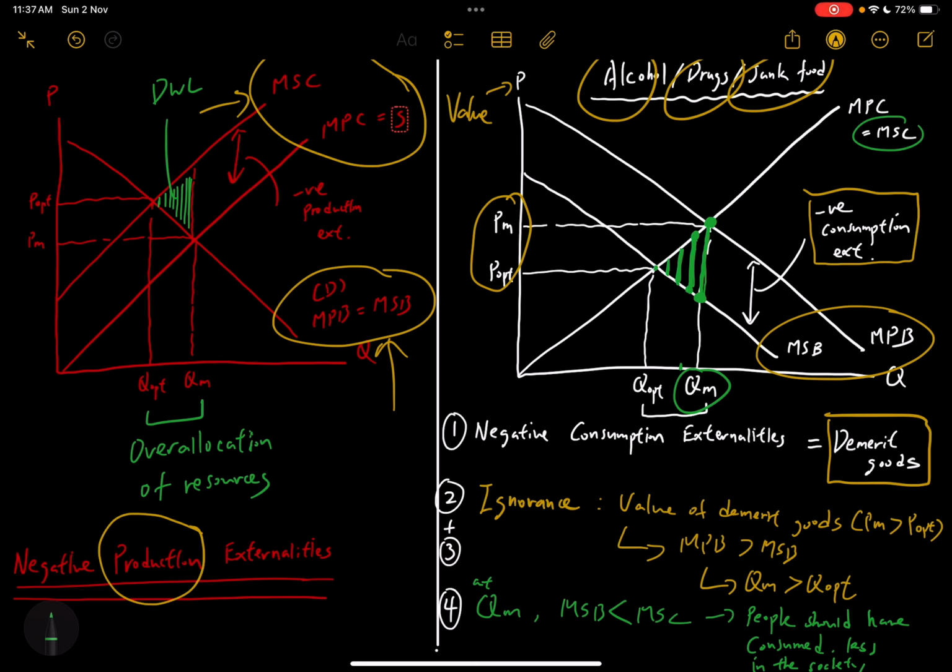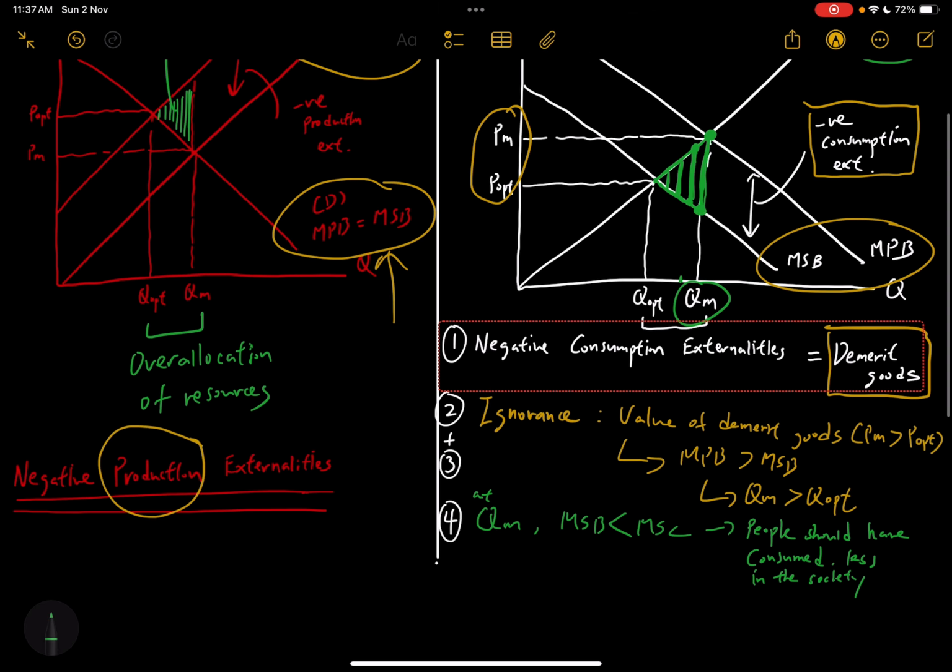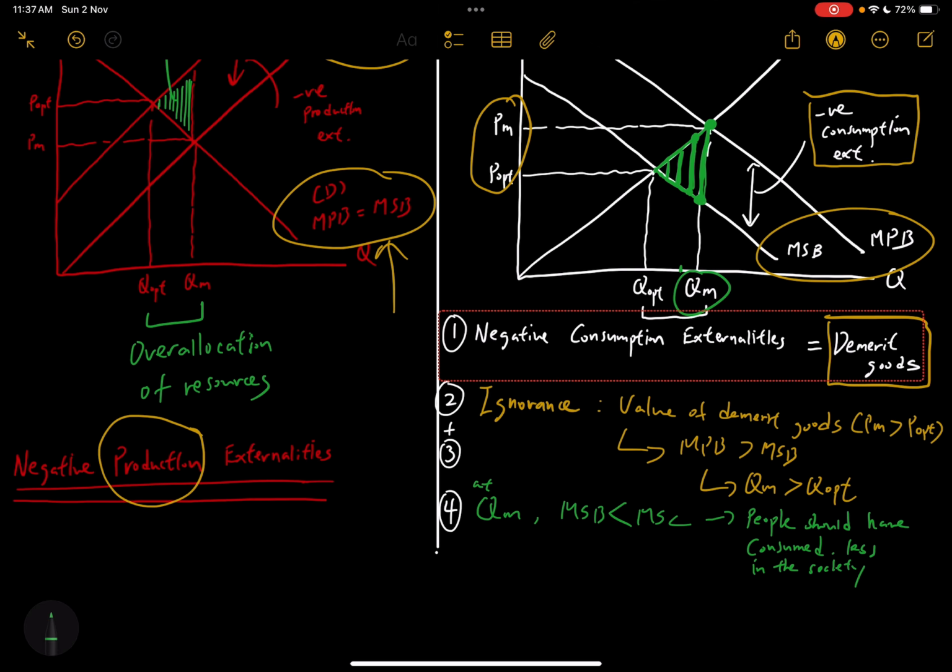So in other words, this entire triangle here will become the total area of the deadweight loss, which is the inefficiency itself. So now you are able to find out this deadweight loss is showing us how inefficient the society is, and this triangle is showing us